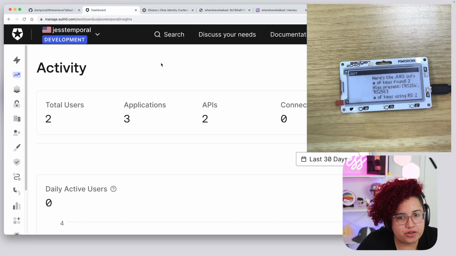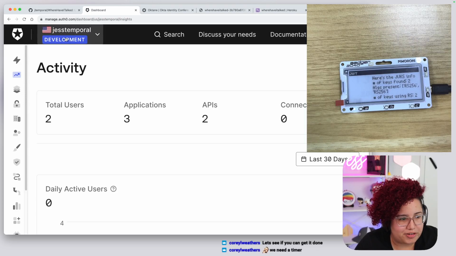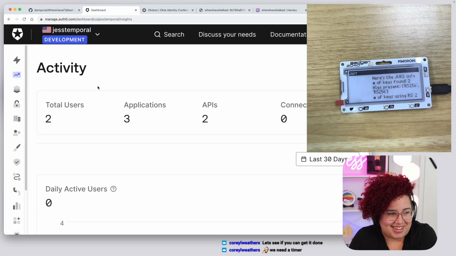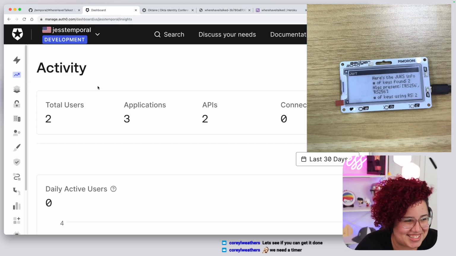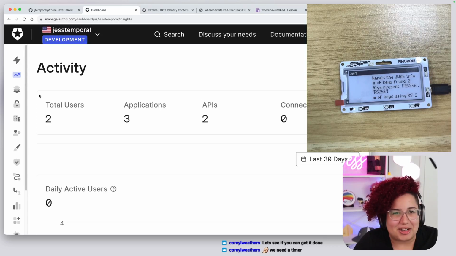And for those who don't know Auth0, this is not going to be a pitch on Auth0. It's just because I used Auth0 before and I love it. Let's see if I can get it done. Yeah, Corey, you were right. I love a challenge, you know. So this is my tenant here, the same one that we are using in configuring everything. We need a time. Oh my God, don't put timers on me. I get anxiety when I see the countdown timer because I think nothing is going to work. And then I cannot type for my life if I needed to.